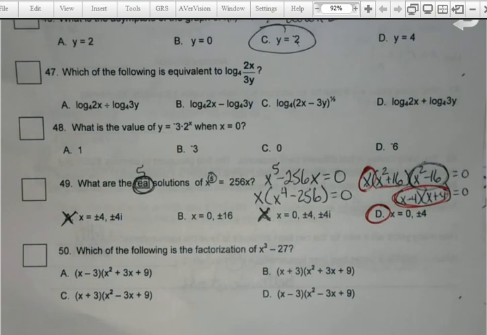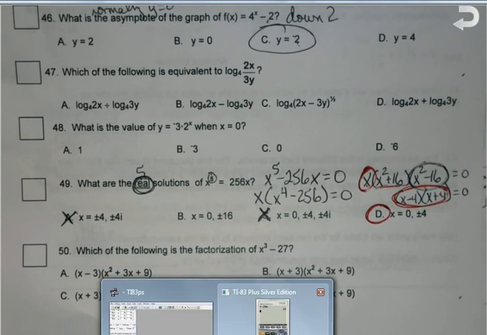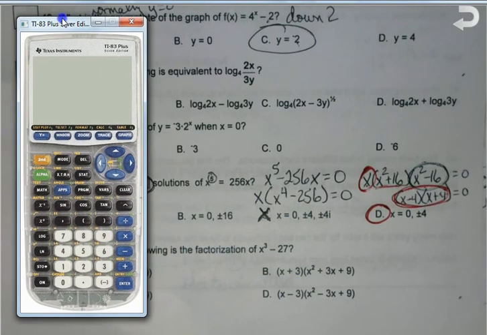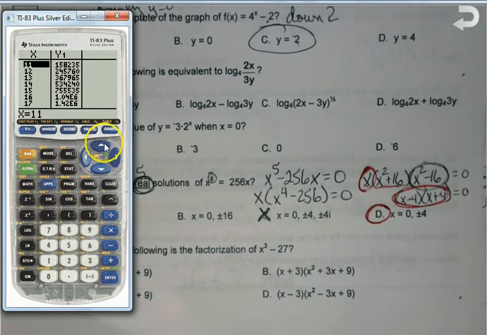One other way you might have been able to solve 49, let me just mention this quick before we hit up the next part. If factoring isn't something that would come to your head right away on this, here's my other option. If I went and graphed this, but I still have to get it in this form, so if I did x to the 5th minus 256x, and then looked at the table,